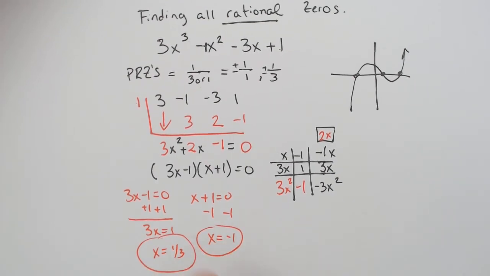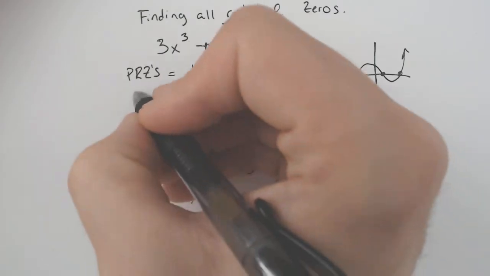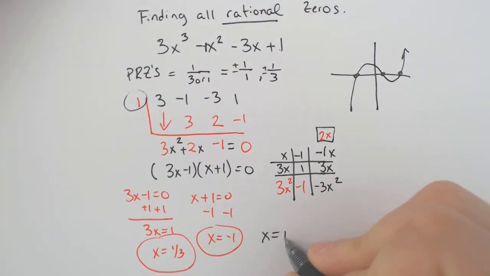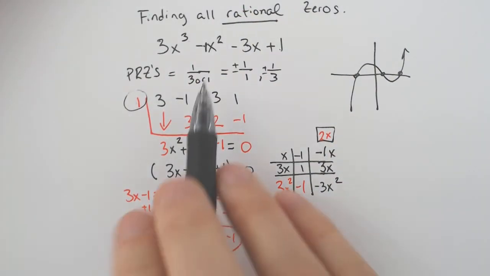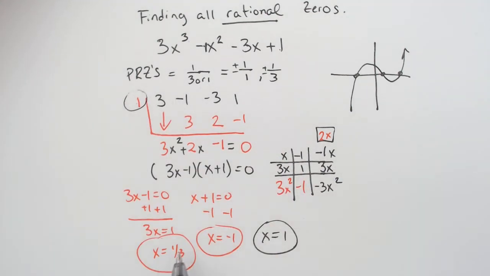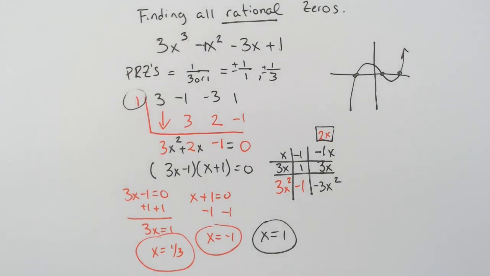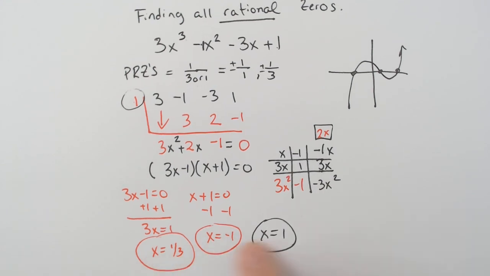Those were the harder ones to find, but don't forget the original 0 that we had in front, that is also a zero, because if it's x to the third, you should have 1, 2, 3 zeros. There they are, okay? So do not forget that one, because they are equally important. So that's if they're all rational. We're going to have a different video if they are not rational, but